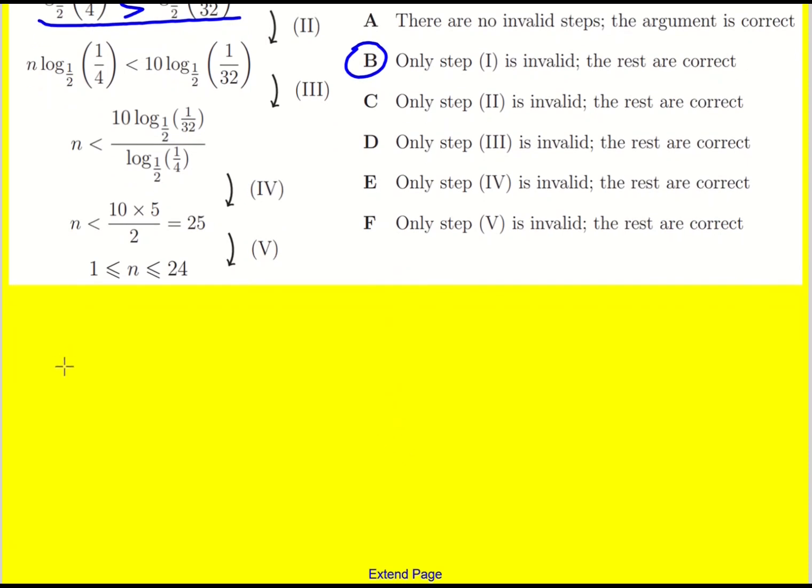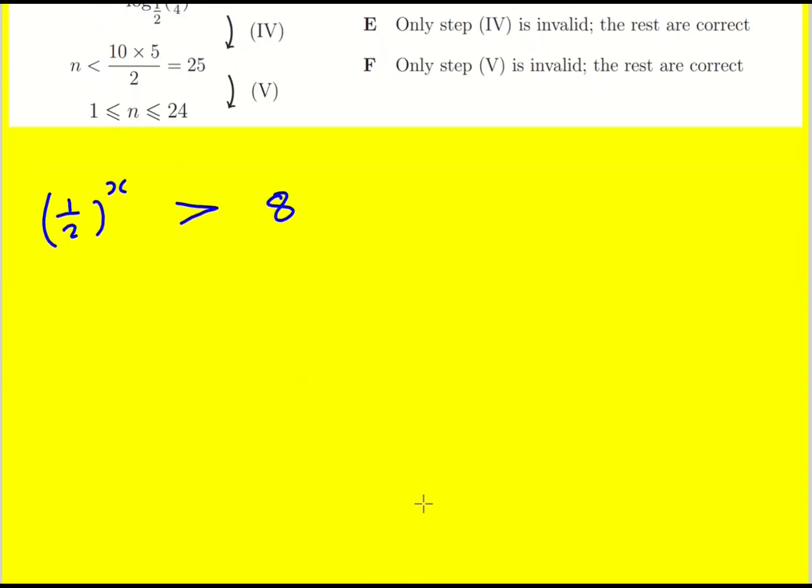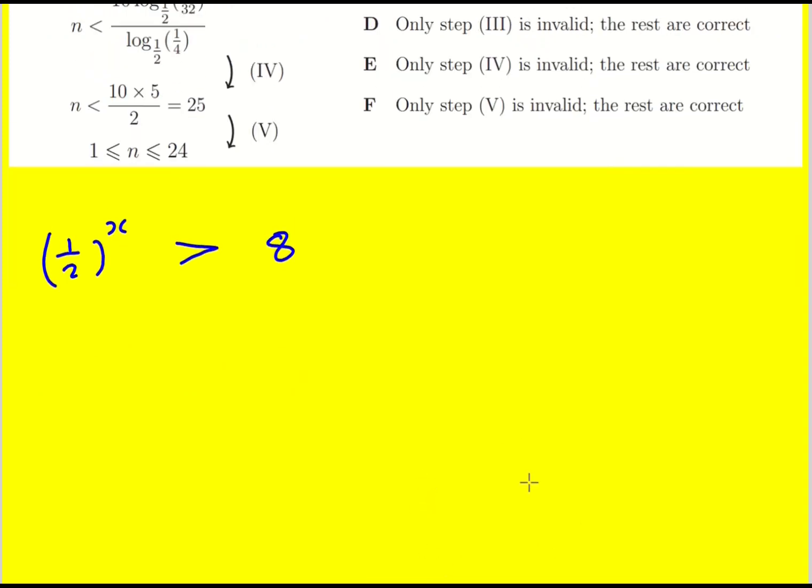Let's say I wanted to solve a half to the power of x is greater than, say, 8. Now, one way of doing this question, and this is how I always had to do logs because my calculator did not have any other base other than 10 and e when I was in school, was to always take base 10. That's typically what people did in the early days as well, they'd have tables of logs using base 10. But now we've got calculators that can do any base. It's great, but you sometimes